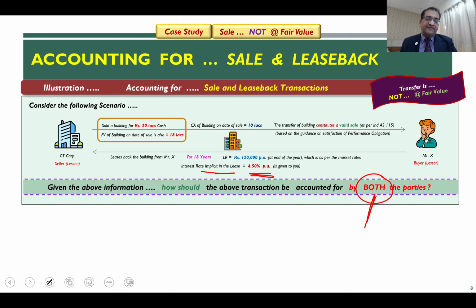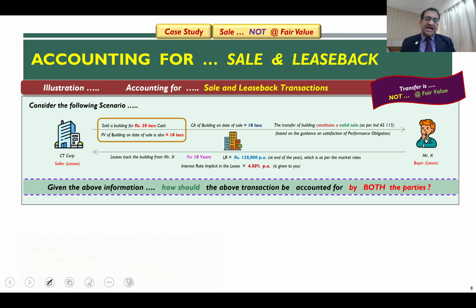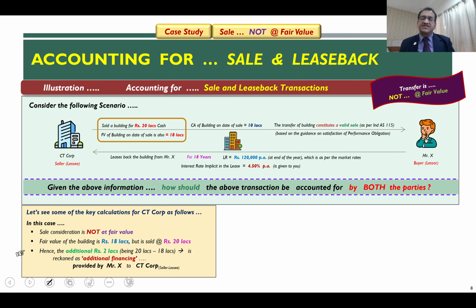This is a difference because in the last case study, we looked at only the accounting by CityCorp. Now in this case study, we will extend this example and look at not only the accounting by CityCorp, but also by the buyer, Mr. X. With that background, let us quickly look at some of the key calculations for CityCorp in this case. Considering that the sale consideration is 20 lakhs, which is not at the fair value of 18 lakh rupees for the building,